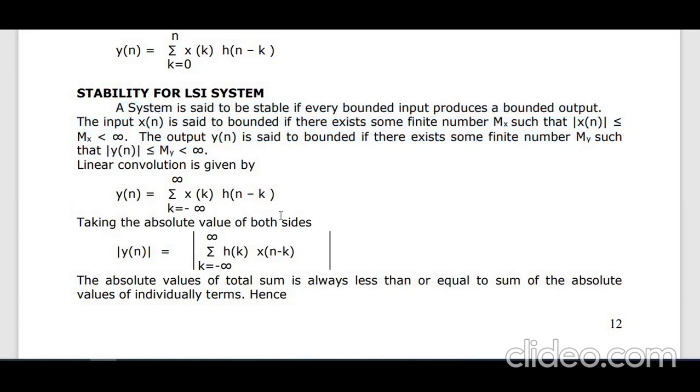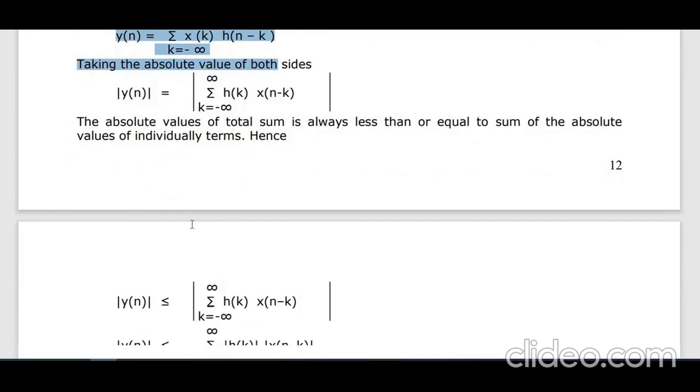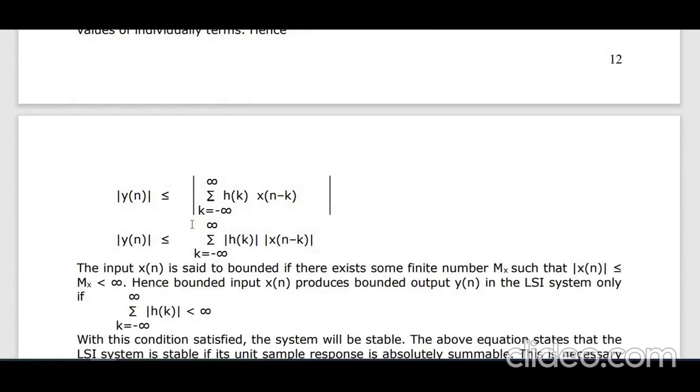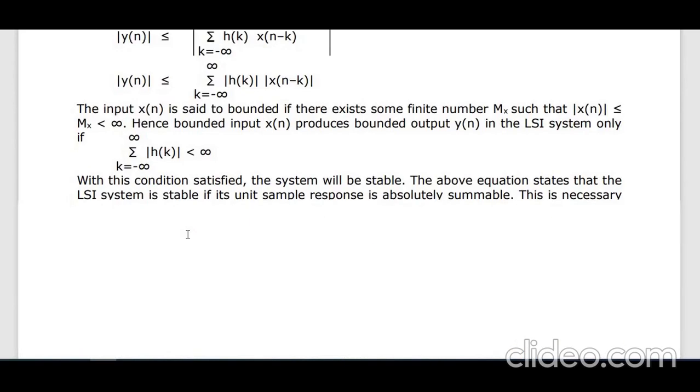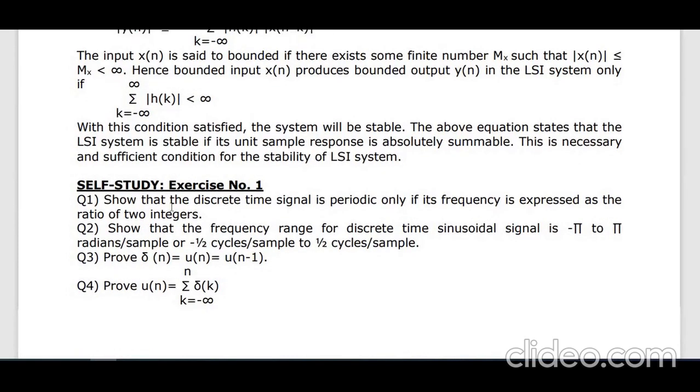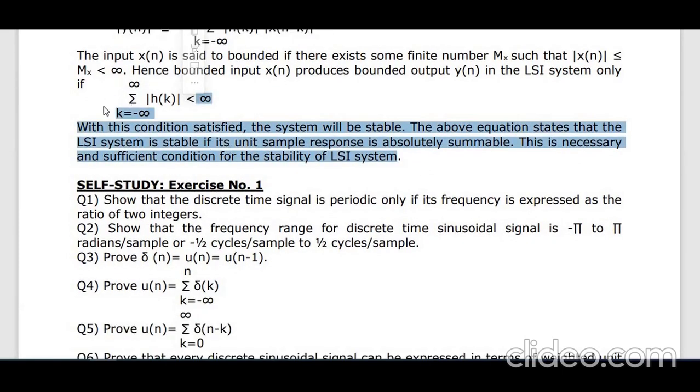Okay, y of n, if you want to write, this is the y of n formula. y of n is equal to the summation taking minus infinity to plus infinity. If you put a mod on that, we are able to find the value. What is a mod? Negative values also we make positive. In order to get that particular situation, we are getting the y of n. Similarly, the mod of that we can write down. So this is the way we can represent that the given system is said to be a stable system when we get a bounded input and a bounded output.